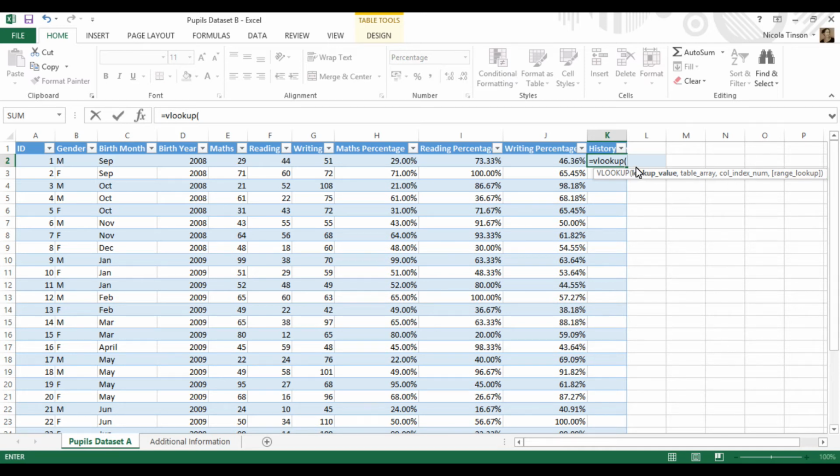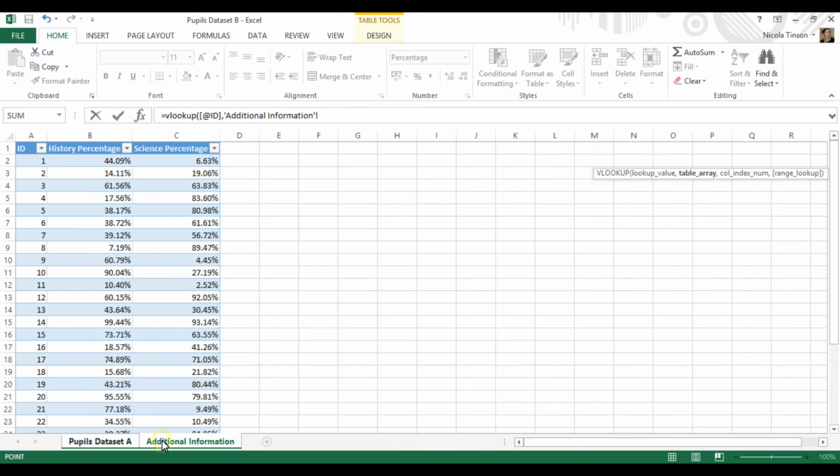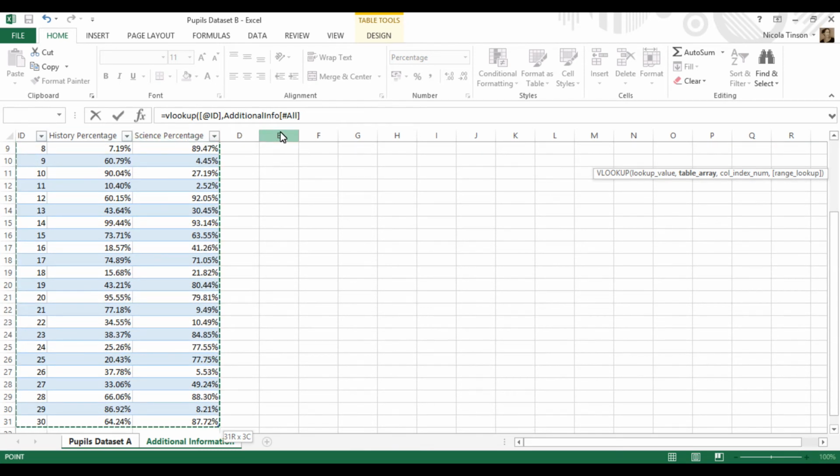So the first thing we want to do is select the column that will match the two data sets together. That's going to be pupil ID. So we want to bring through this particular ID on this row, and then it's a comma. And then we need to highlight the second data set. So we're going to click in here and highlight the whole thing. And as always, because it's in a table, it understands that we're looking at that whole table. Then it's another comma,